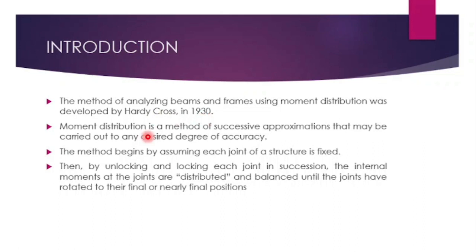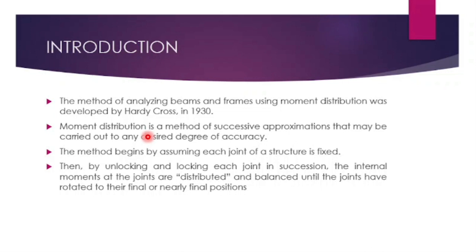This technique is known as successive approximation. In successive approximation, initially all the beam is assumed as fixed, and after that if there is any hinged end, then half of the moment will be carried to the fixed end and 0 moment will be carried to the hinged end. Hinged end doesn't carry any moment, the sum of moment will be 0, isn't it? So the hinged end will not carry any moment, so the carryover factor will be 0. Like that you will be slowly making the approximation and you will get the accurate result.